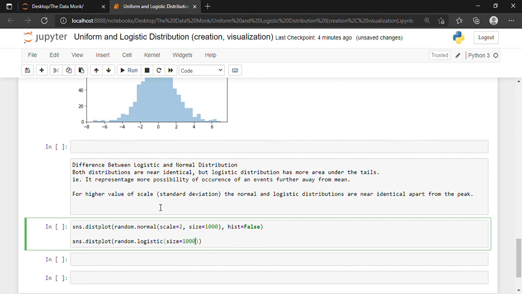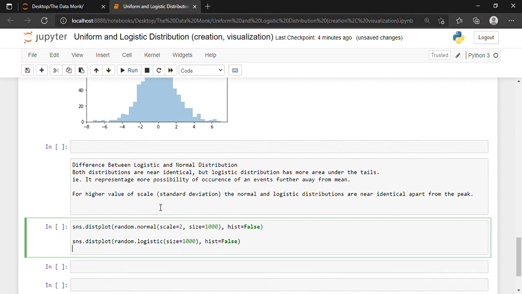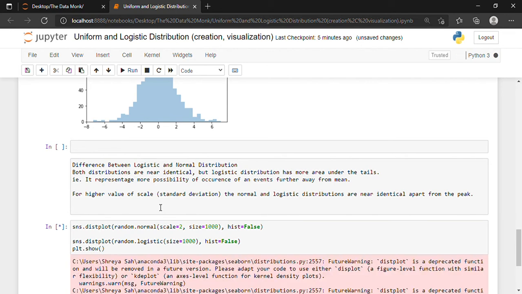We do not want a histogram, so hist is equal to false. Then plt.show, shift and enter.